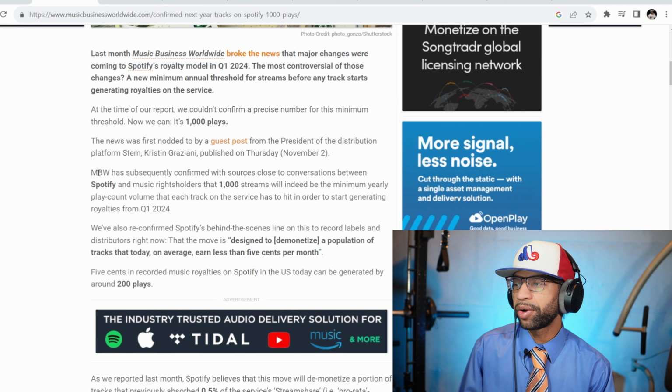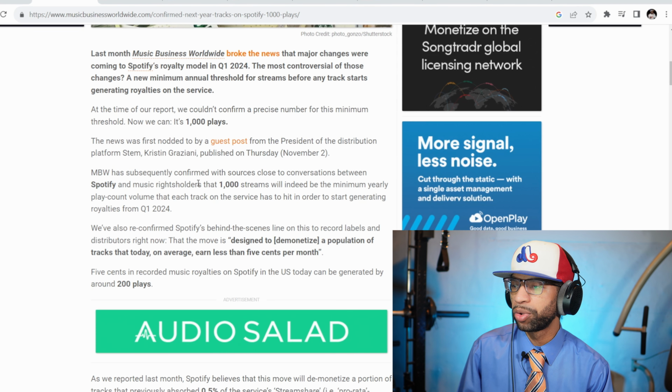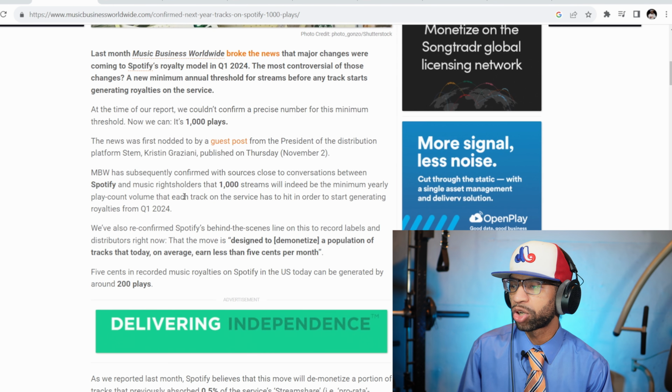So as we see here, MBW has subsequently confirmed with sources close to conversations between Spotify and music rights holders that 1,000 streams will indeed be the minimum yearly play count volume that each track on the service has to hit in order to start generating royalties in Q1. For a lot of people, that may not be a big deal. For me, that's not really a big deal either because I don't really upload a whole lot of music to